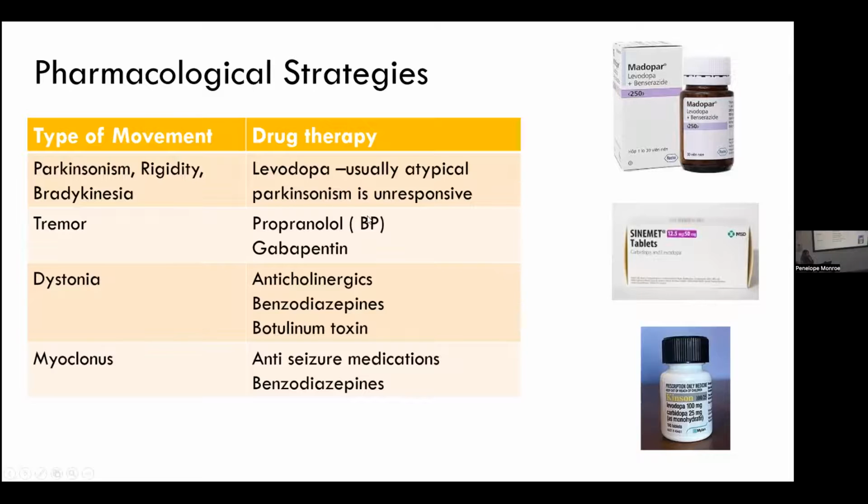And for the tremor, there are lots of medications available, but nothing really works. So these are the 2 I go to. One is a beta blocker called propranolol, and somebody suggested I should take it before this talk because it calms your nerves down. And then the other one is gabapentin. I haven't had much success, but this is what's available.